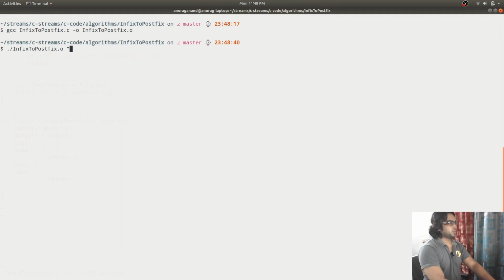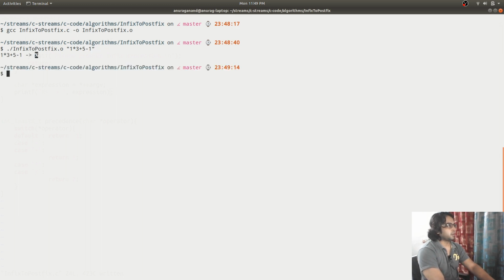The expression is 1 multiplied by 2, 3 added with 3, and divided by, I will say, multiplied with 5, and subtraction is going to be 1. So we can read the expression and print it.